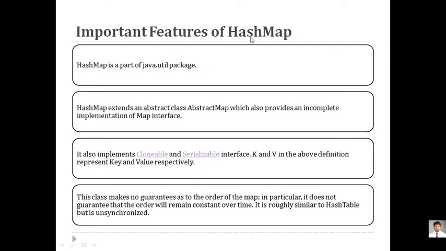Now, as far as this class is concerned, we are more familiar with the java.util package in the collection framework. HashMap is again a part of this java.util package, and the class it uses is AbstractMap. This is one of the abstract classes that has been inherited into HashMap, and it by default implements the Map interface. So the parent of this class is itself a Map. So automatically all functionalities of the Map interface will be implemented into this.